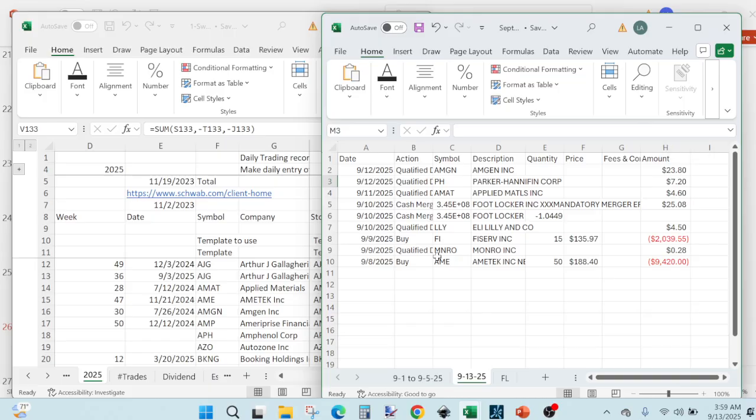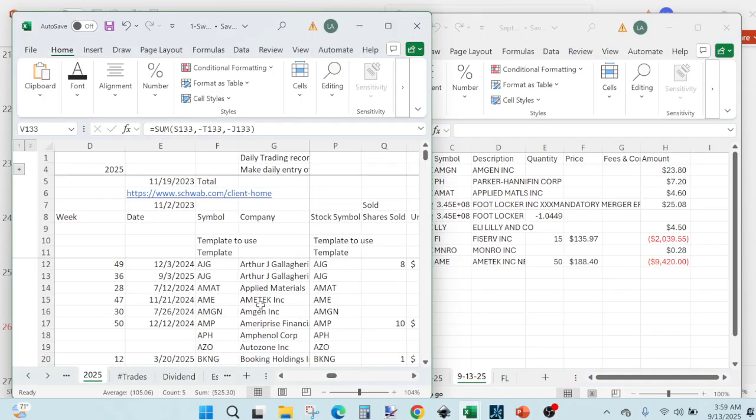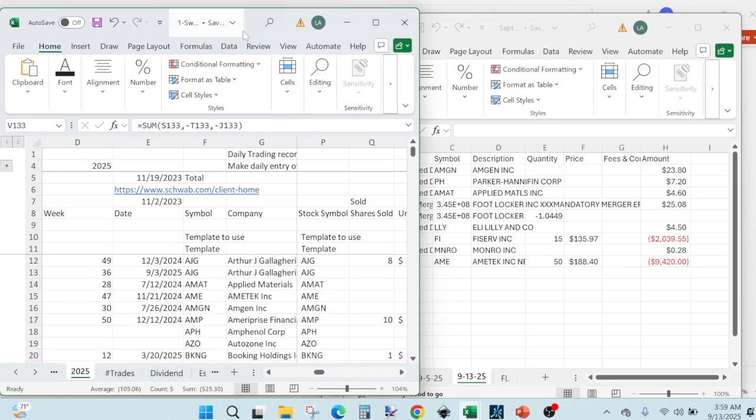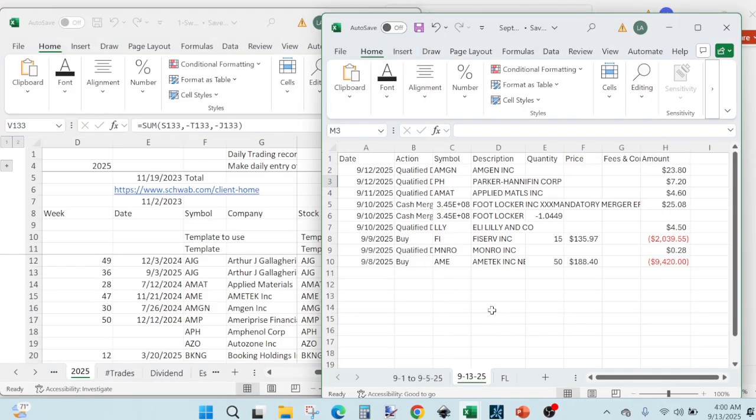But to actually have a way to pull the data so that you can pull some reports from it and see how you are doing with the strategy you are using, and pretty much track how much you are making on a monthly, annual, or daily basis, depending on your frequency of trade, it's good to pull those into a spreadsheet and then add some formulas to pull a report from. So